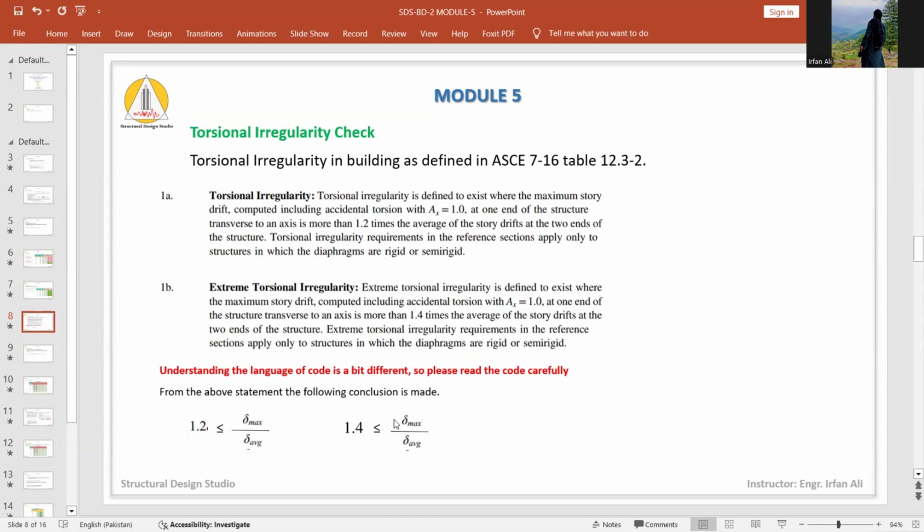Next important check is the torsion irregularity, which we normally have in each and every building which is not regular. The torsion irregularity as per the table 12.3-2, but I have only added these two statements: that the torsion irregularity exists in the building with the maximum story drift computed including accidental torsion with Ax, which is the torsion amplification factor, which is normally taken as 1 at the